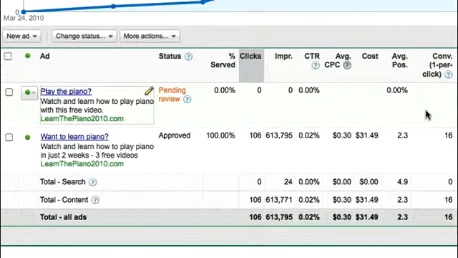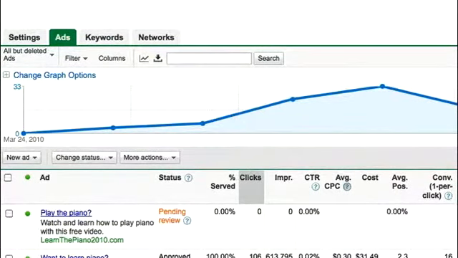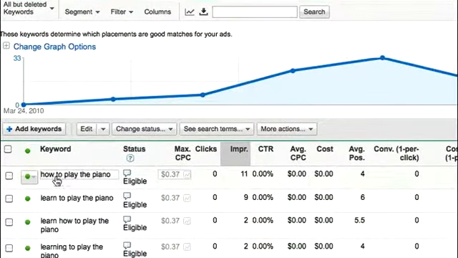All right, just notice I said I was going to change the ad. That's wrong. You don't want to ever do that, okay? So sorry about that. You want to add a new one and split test 2 different ads, all right? So as I said, all of the keywords mention play the piano, right? Because we are in the to play the piano ad group, all right? And again, I'll show you the keywords here. You can see all of them have to play the piano or play the piano also in there, all right?